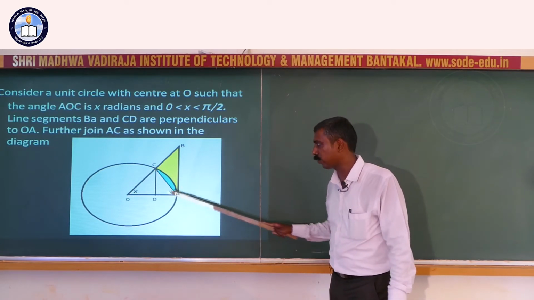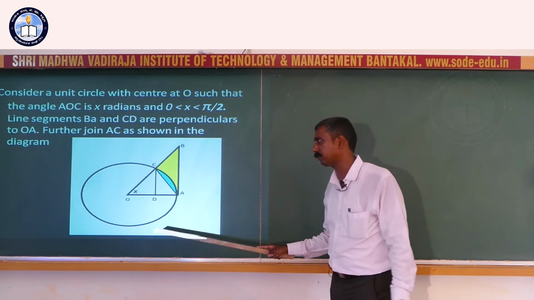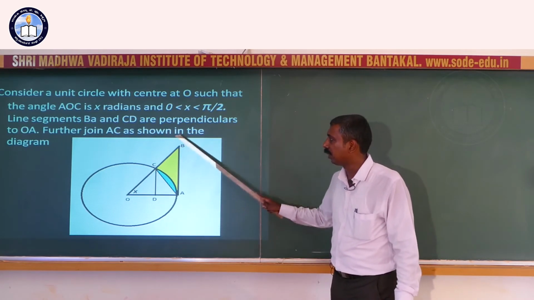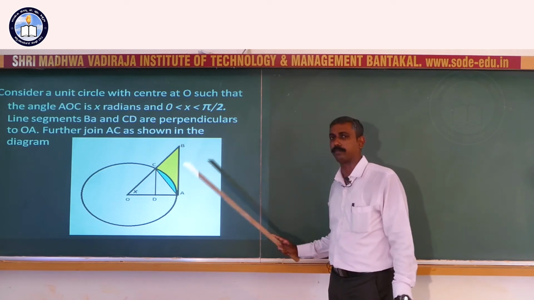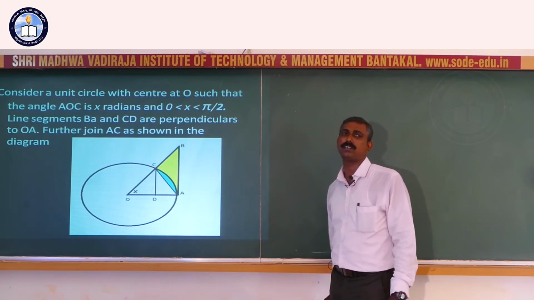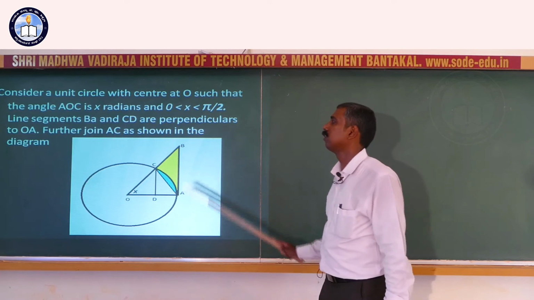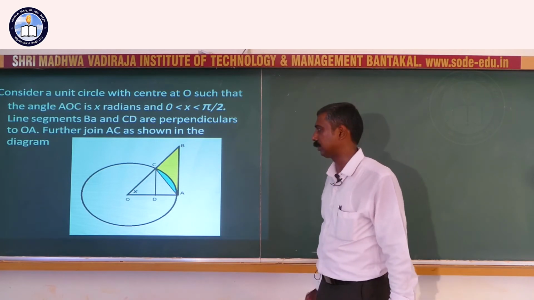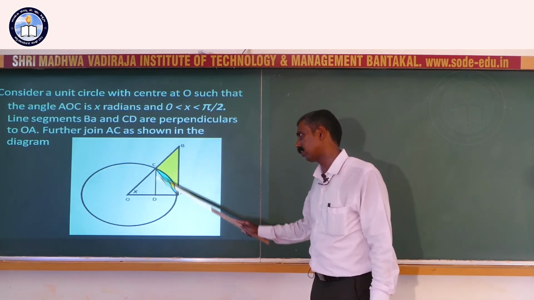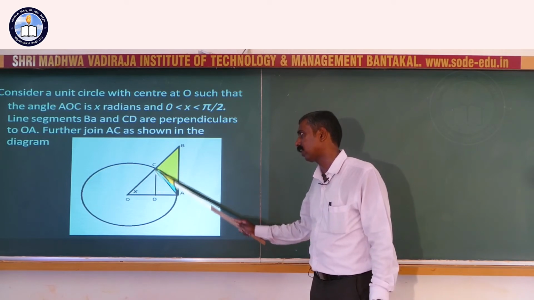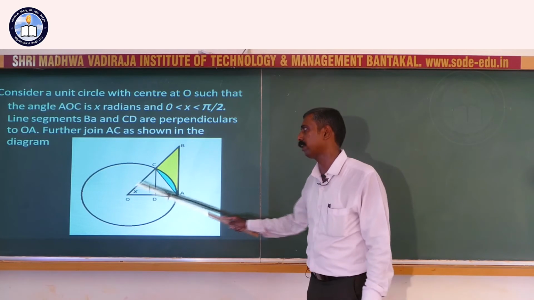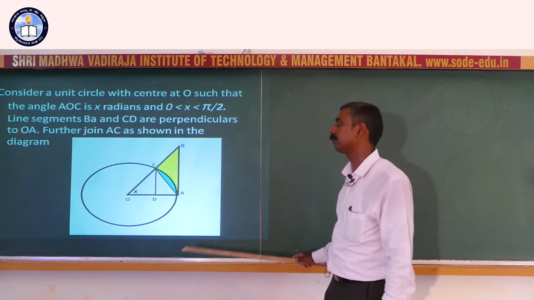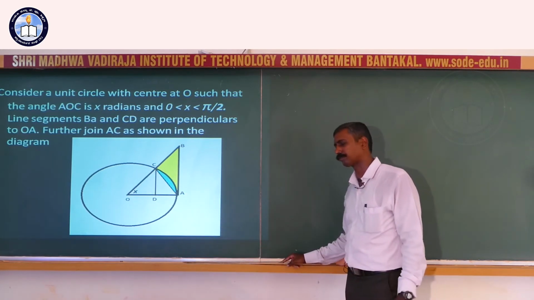So, triangle AOC, sector AOC, then after that triangle AOB. So, these are the three major regions we are taking into consideration. There are different regions also there, like CDO, but we neglect them and we just take whole AO. See, there is an advantage for that. Let us see what the advantage is.